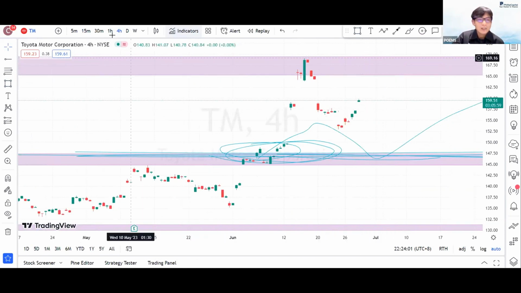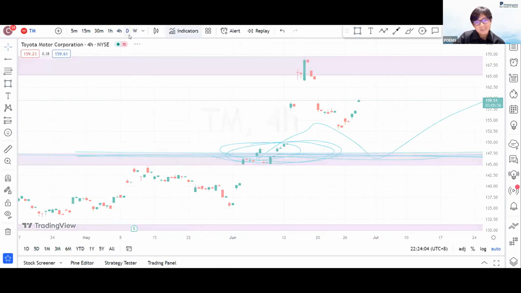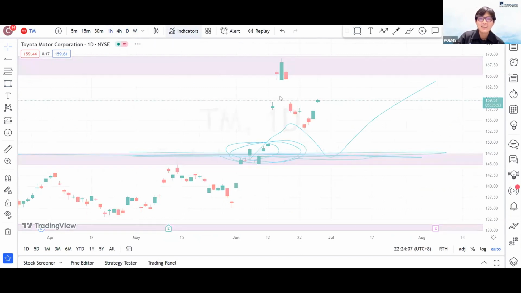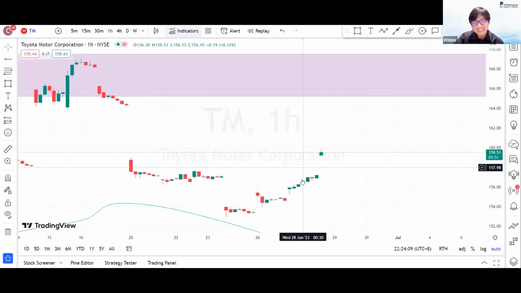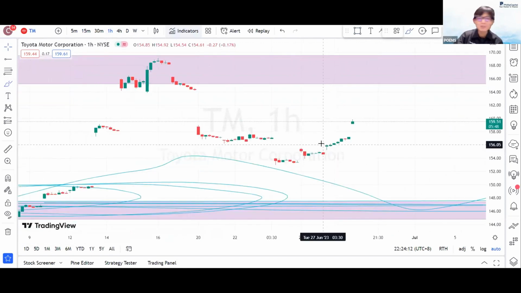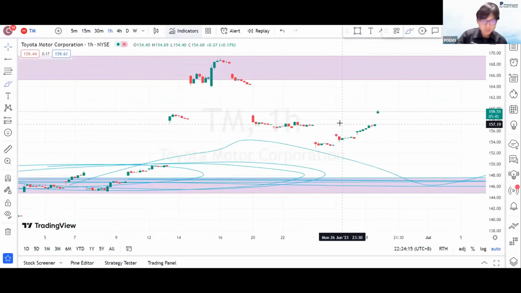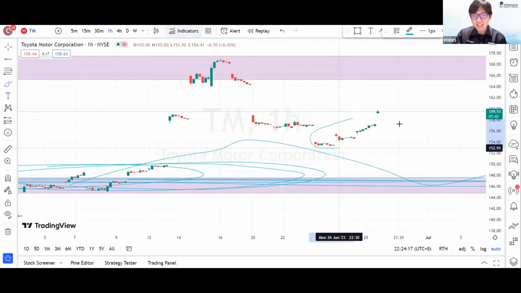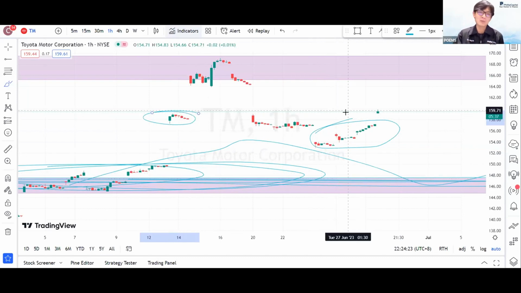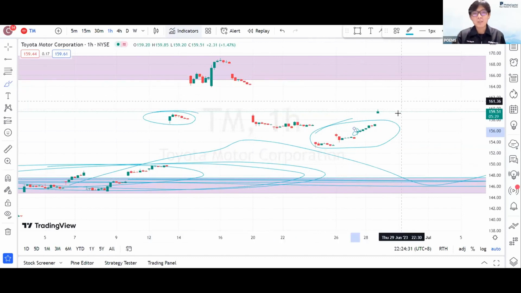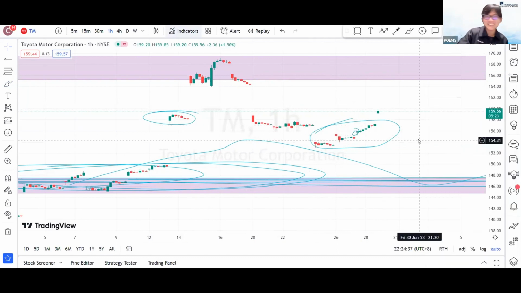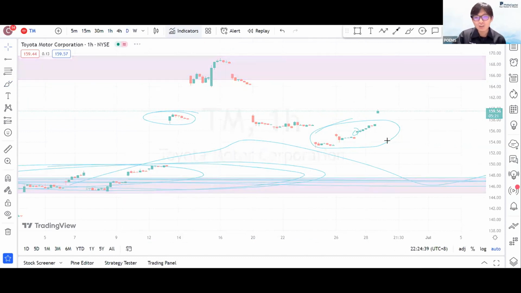educational stuff. So intraday wise, this kind of candle, I don't really like. You have these tiny candles. Maybe long term wise, it might be good. But in terms of intraday, if you look at these narrow, skinny candles, it basically shows that there's no volume. I don't even need to pull out the volume indicator. You have these small narrow candles, there's nothing pushing price. So if you are playing intraday on this, the price is not going to move for you. But of course, if you are looking long term, yes, it's on an uptrend.